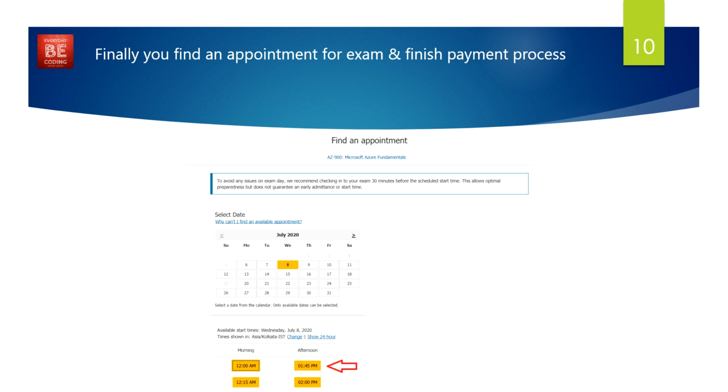Normally you have to pay through your debit card or credit card, or if you have any voucher code regarding this examination, you need to apply this voucher code and click on the order confirmation button. After you click on this order confirmation button, they will give a message that your order is confirmed. They will provide you a confirmation mail. In this mail you can see all the details regarding the examination, and they will confirm that your examination will happen on the particular day that you selected from this section.